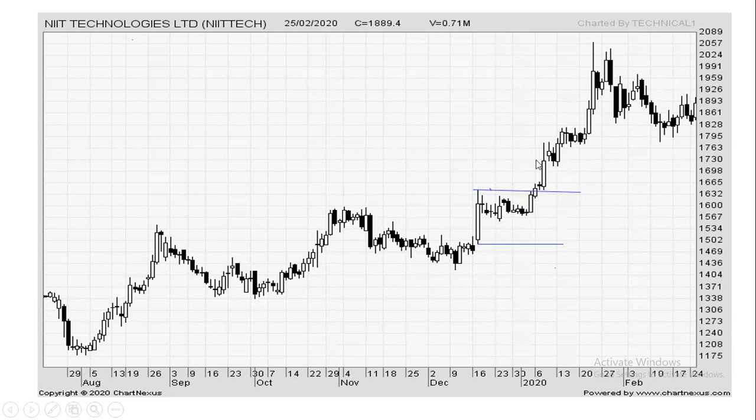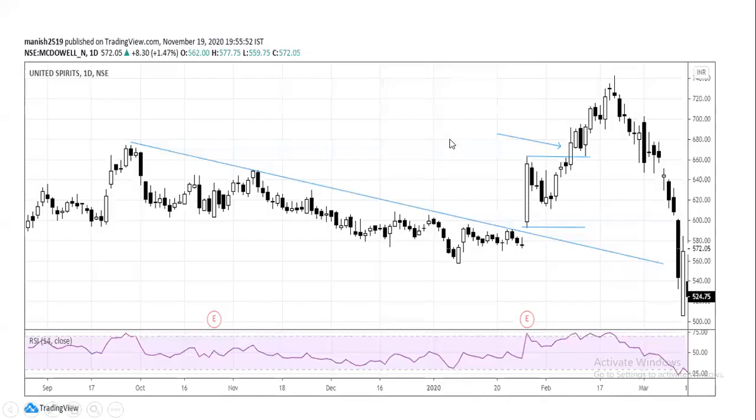Now, what is the difference between bull call spread and bull put spread? See, bull call spread is from option buyer point of view. If you wish to take advantage of this one side directional move, you can go for bull call spread. Option sellers are in market to earn theta decay because options are depreciating assets. With passage of time, call option premium and put option premium decrease, which is known as theta decay. So if you wish to earn theta decay, you can go for bull put spread. Bull put spread is from option seller point of view.